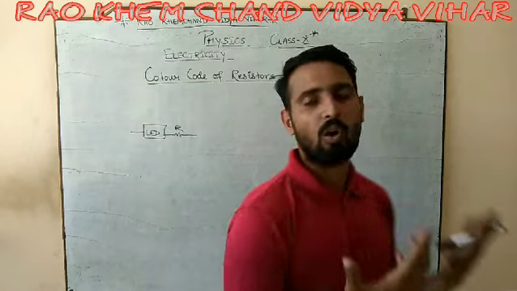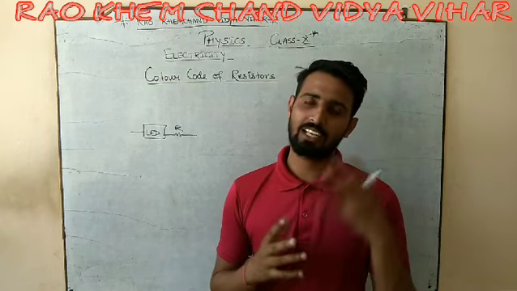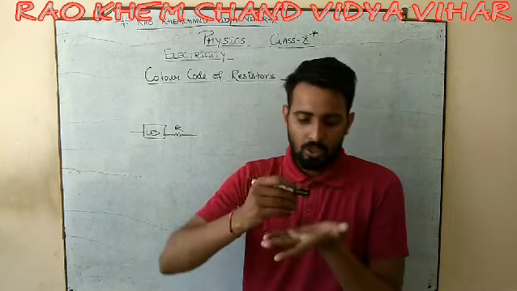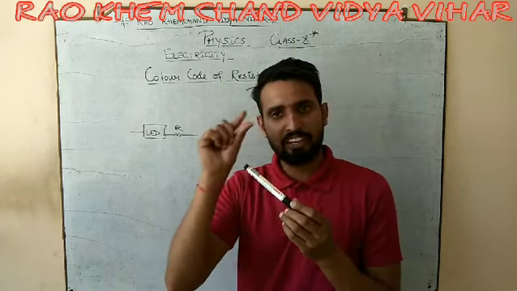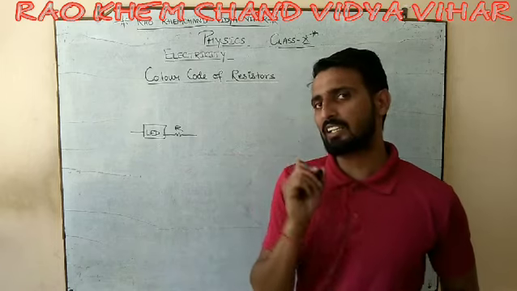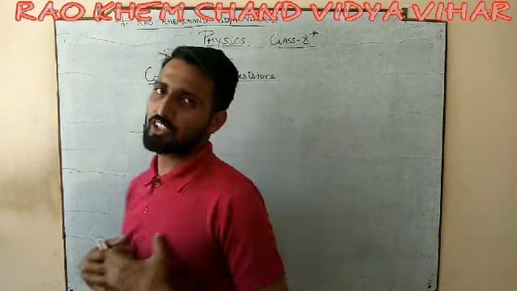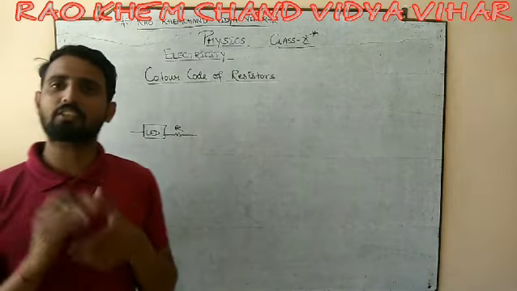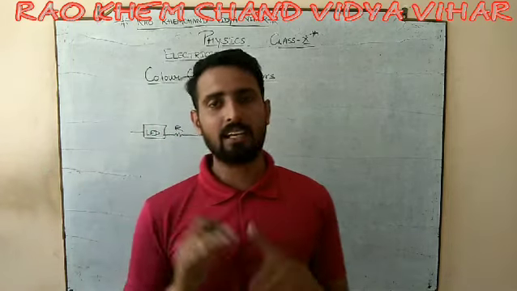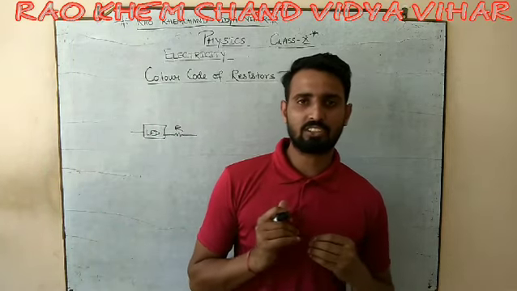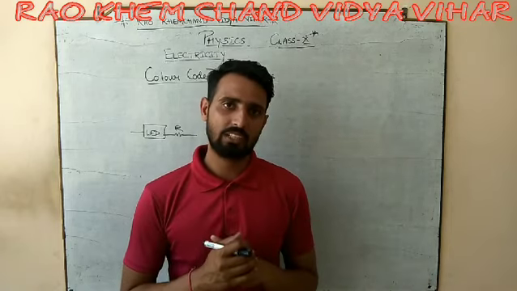Like while walking on the land, when you want to walk anywhere, you require friction, and that's a good thing. When you write something, there is friction between your pen and your fingers, your skin. Because of that you can control and hold the pen. So most of the time friction is a good thing, and in the same manner resistance is also a good thing. So we design some resistance in practical life. We design some resistance that we use in electrical appliances so that we can control the current.